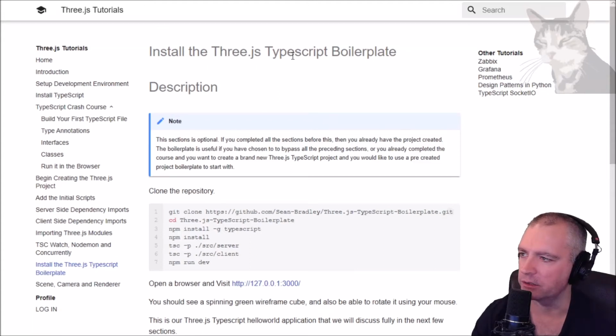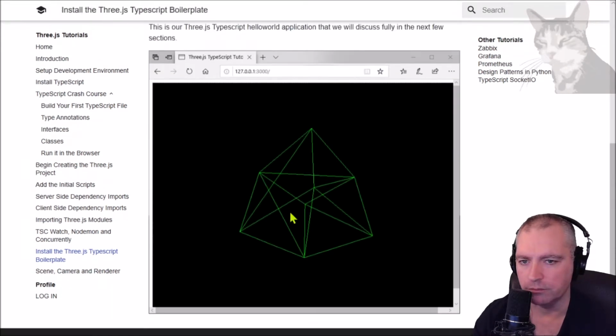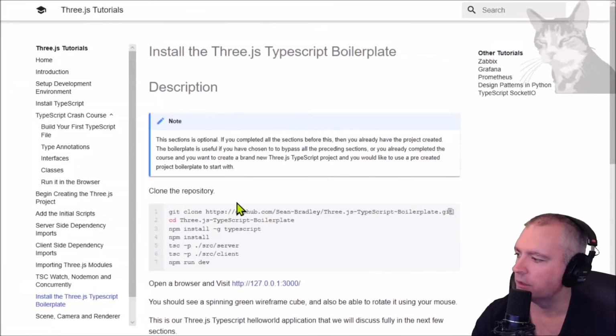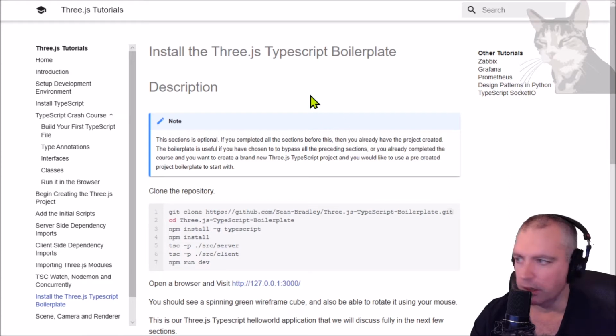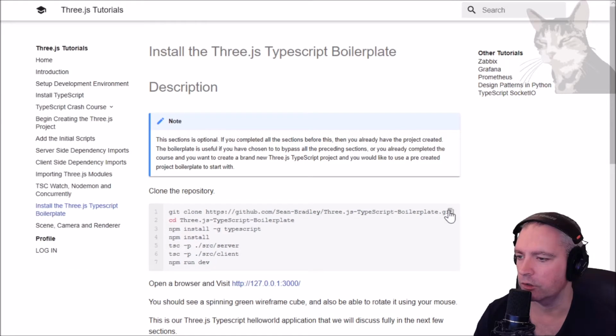Let's look at the Threejs TypeScript boilerplate. If you've done all these preceding lessons, then you don't need to download this boilerplate and install it because you've already got it all, because we went through that. But if you did bypass all of this, or you want a TypeScript boilerplate that demonstrates Threejs, just copy that, copy to clipboard,